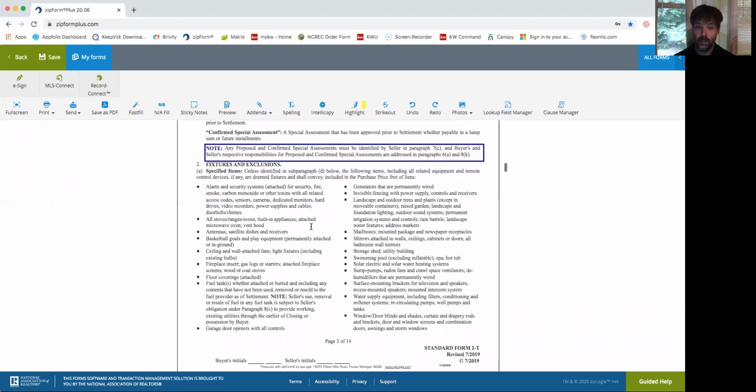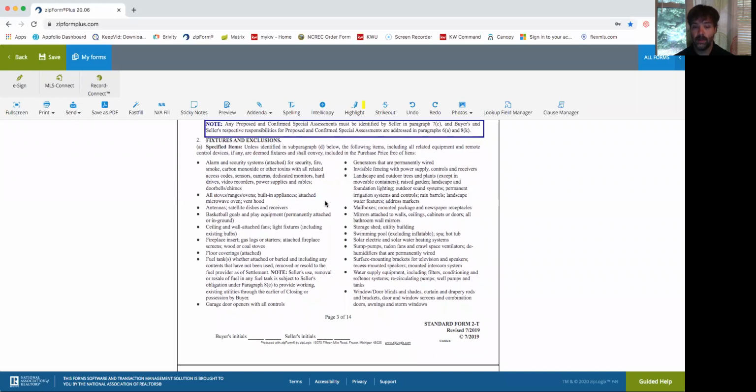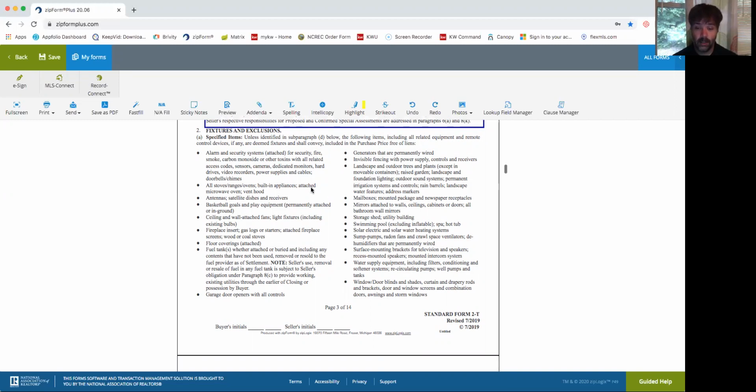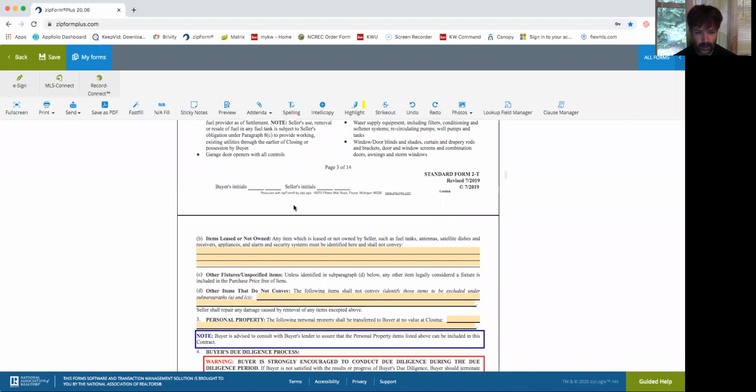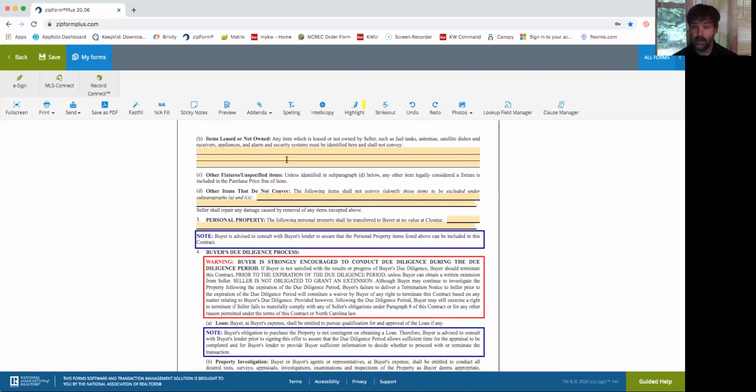Now, this just goes over the fixtures and exclusions. These are the things that are typically expected to remain as fixtures when a buyer is purchasing a property. And if any of these things do not convey, they should be noted in this contract. But most of the time, a fixture is defined as anything bolted, screwed, glued, or attached, rooted to the property that would convey and be expected to be there after closing. And again, initial. There might be some items that are leased, not owned by the owners of the property. For example, gas tanks, fuel tanks are usually common in this